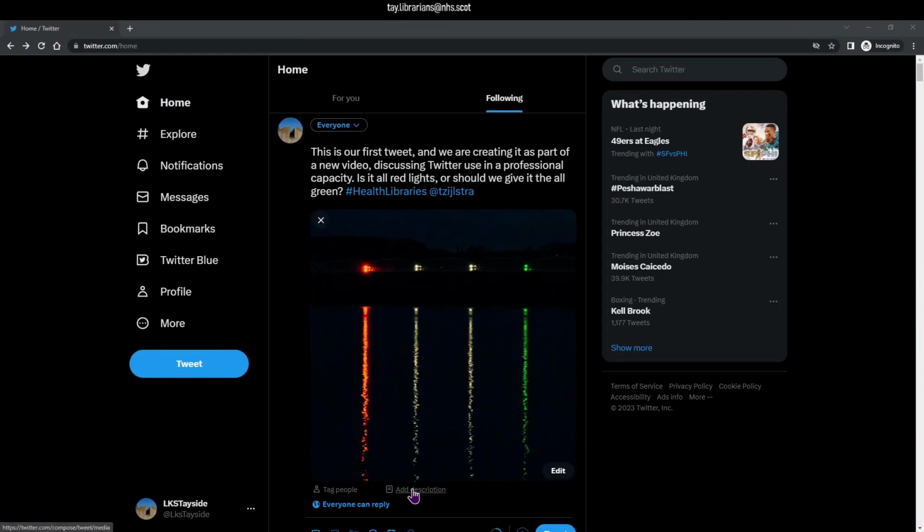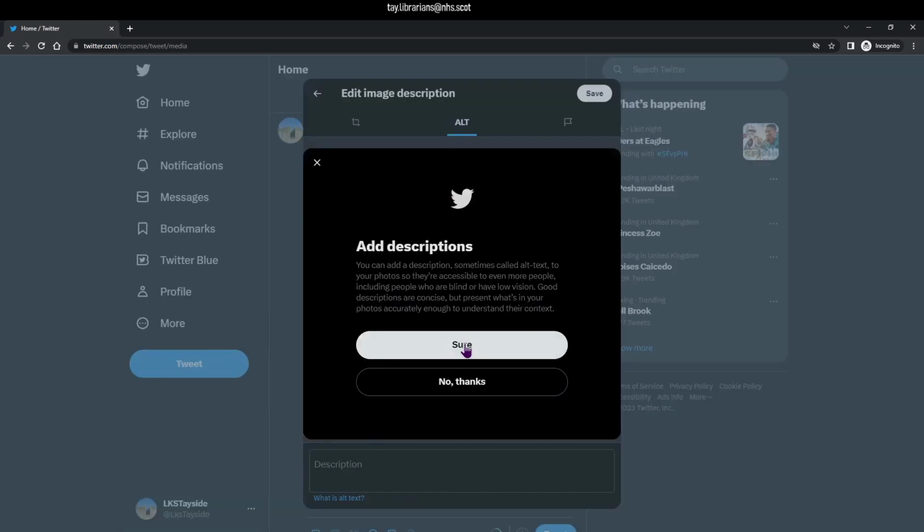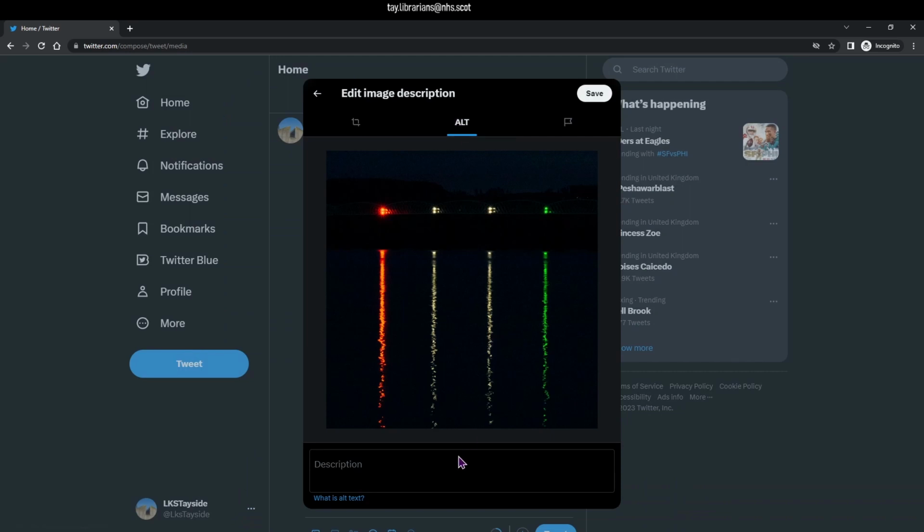What I will also point out, and this is far more important, is that you can add alt text. Sure, alt text: an image of the Tay Railway Bridge with 4 lights showing red, white, white, and green.